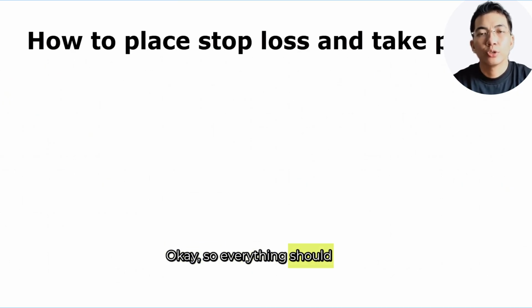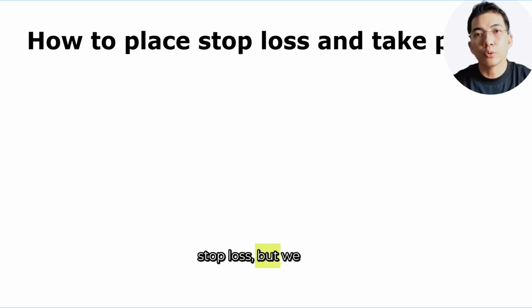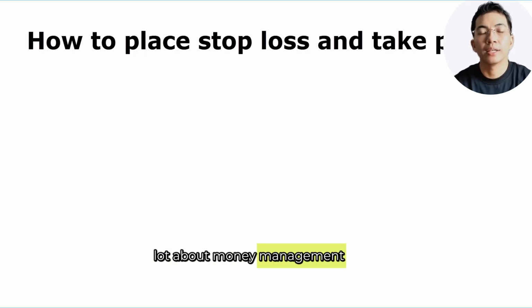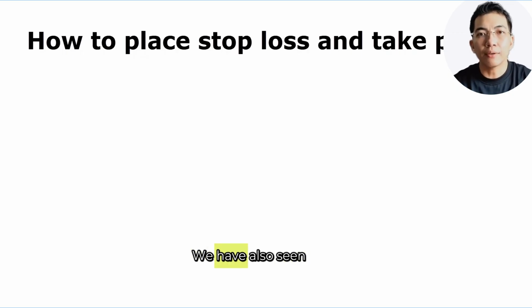Okay, so everything should be clear about the stop loss, but we also need to have a look at how to place the best take profit for our trades. In the first course, we have talked a lot about money management and risk to reward. We have also seen some examples with a risk to reward ratio of 1 to 1 that may be fine for some strategies. But you know that I don't like anything that goes below a 1 to 2 risk to reward, and I strongly recommend to choose a risk to reward ratio of 1 to 2 or higher for your